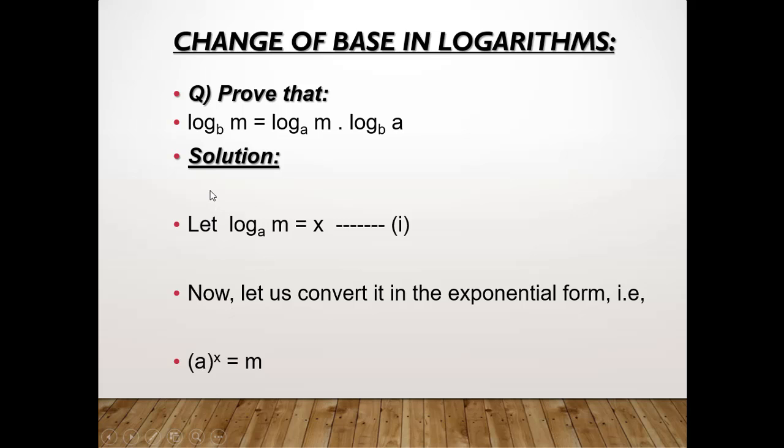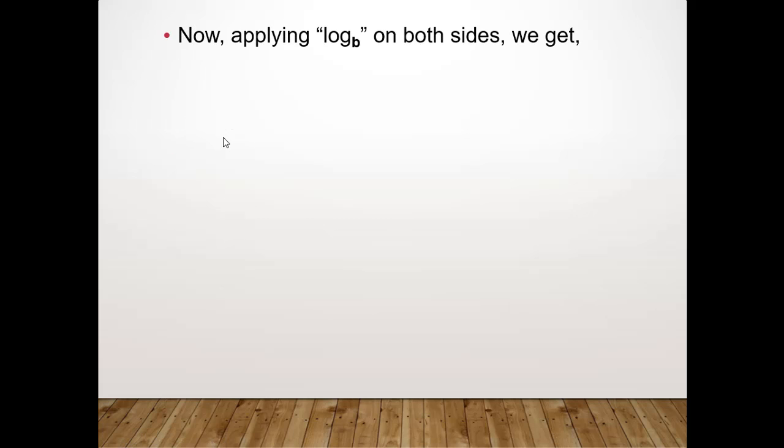Number two is that now we are going to apply the log to base b on both sides. Now applying log to base b on both sides, we get like this. We already have a to the power of x on the left hand side and m on the right hand side. We just apply the log to base b on the left hand side and on the right hand side, on both sides. Now if we see in this statement, we will find that on the left hand side, the third law of logarithm is applicable. Why? Because there is a number which has a power. The power is x, and the third law states that this power should be placed before the logarithm.